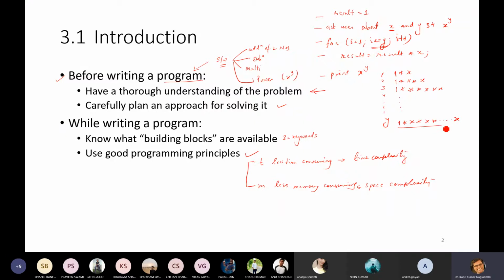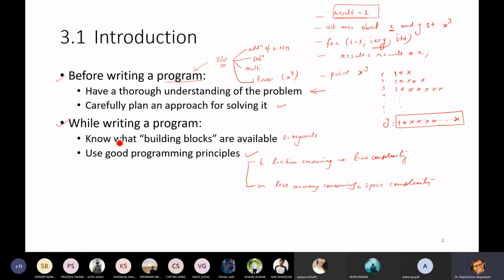So this is our problem: what we want to calculate is x to the power y. We must be clear about what our problem is. And carefully see, I had written result equals to 1. Now, if I am not writing result equals to 1, it will give me some discrete output. So at least one user must be there who will prompt me. Otherwise I am not able to understand whether you are able to understand or not. Fine. So please prompt me. Yes.